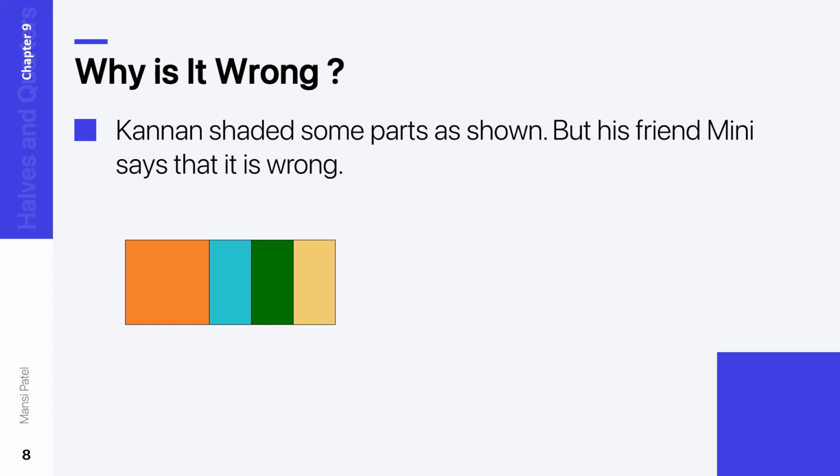You can see here these are the 4 different parts of this image. But the last 3 are the same. But you can see here the first part is bigger than the second part. If you want to divide any figure, then you have to make equal parts. The first part is not equal, therefore this shaded part is wrong.